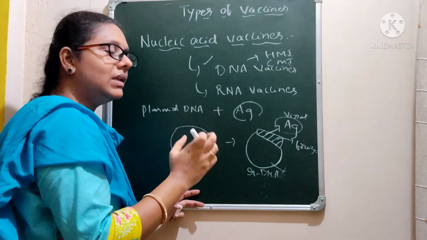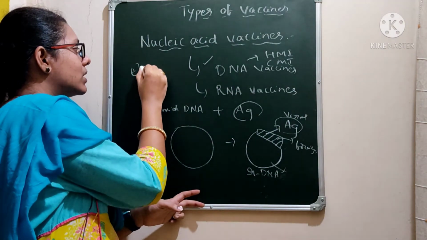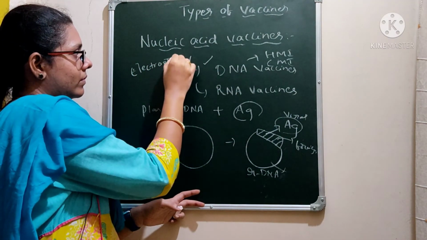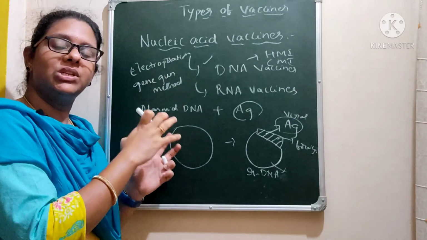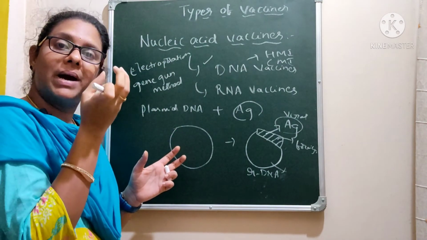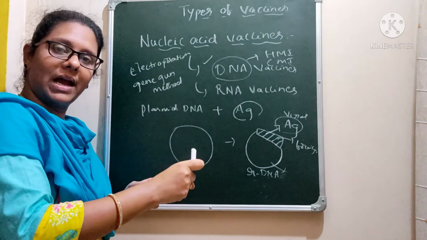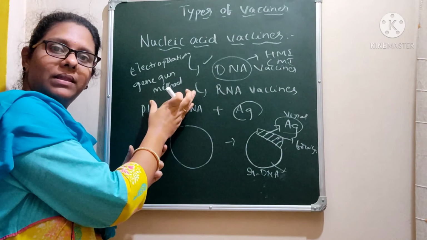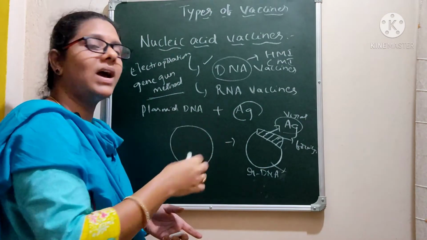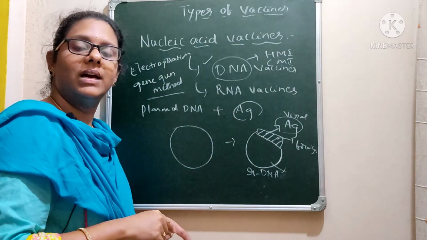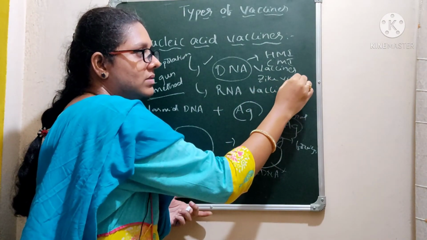prepare this DNA vaccines, or we can inject the DNA into a host with the help of electroporation or with the help of a gene gun method. Especially here, we are going to use microscopic gold beads that are coated with the DNA. And when you apply high velocity, that is with the help of a gene gun method, that DNA will be transferred into a host. So far no DNA vaccines were licensed, but still the clinical trials were going on, and now work is going on with the Zika virus.